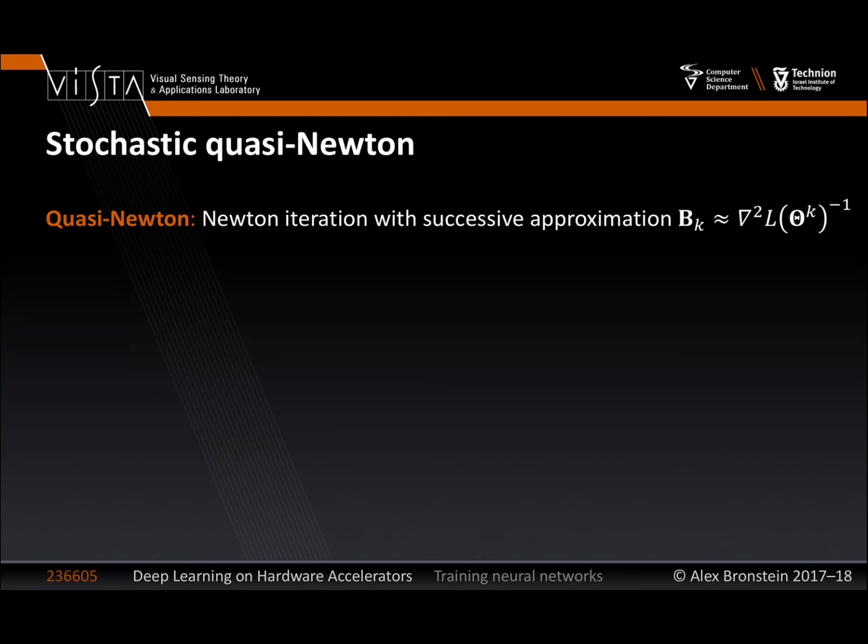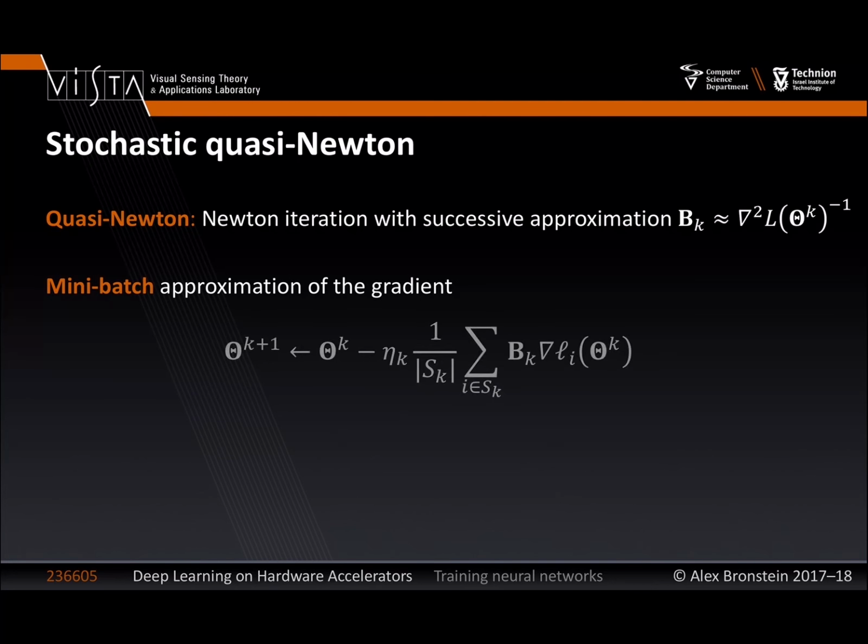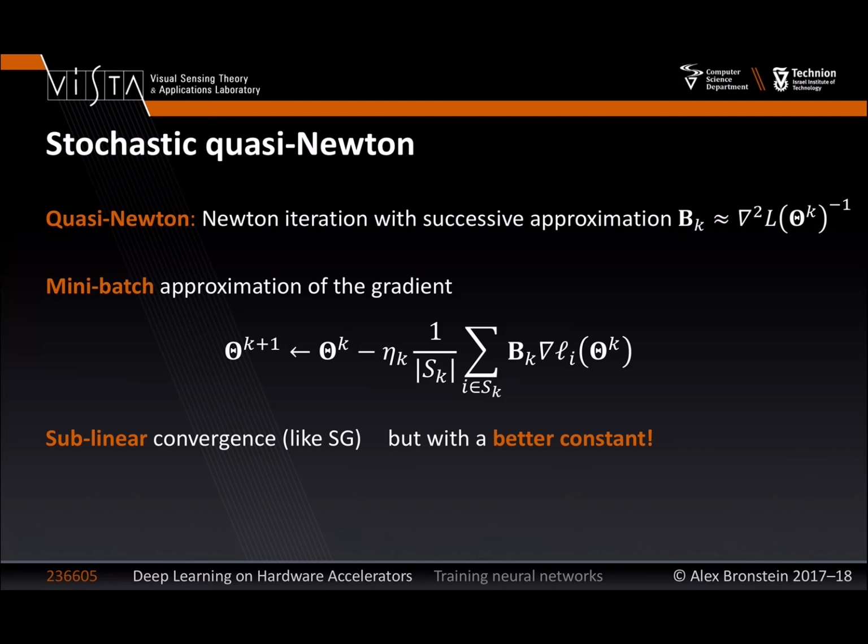If we take a stochastic approximation of the quasi-Newton technique, we can again do a mini-batch approximation of the gradient. We can still use gradient information to do updates to the inverse Hessian model. The only theoretical result that exists, at least as of today, is a sublinear convergence result. So essentially, in terms of the convergence rate, we didn't gain anything, right? It's the same order of magnitude. It decays in the same form. It's a sublinear convergence like stochastic gradient, and of course the iteration is costlier. But the iteration using second order information, this is true for quasi-Newton, for Gauss-Newton approximation, for inexact Newton,